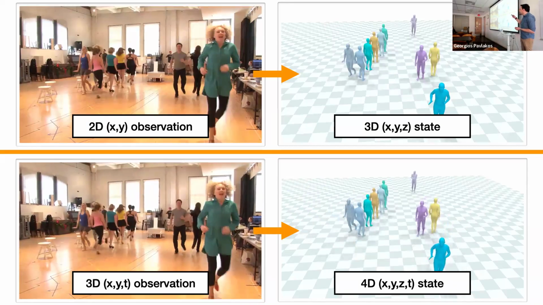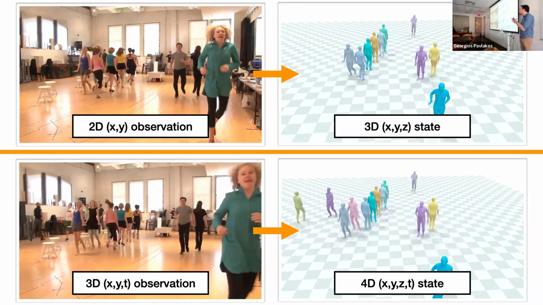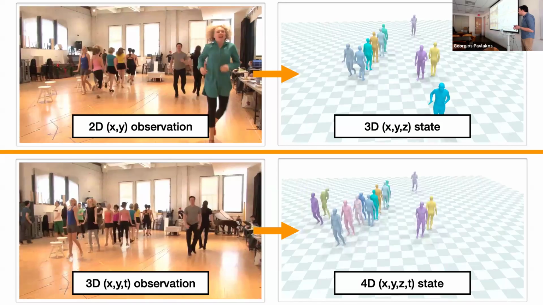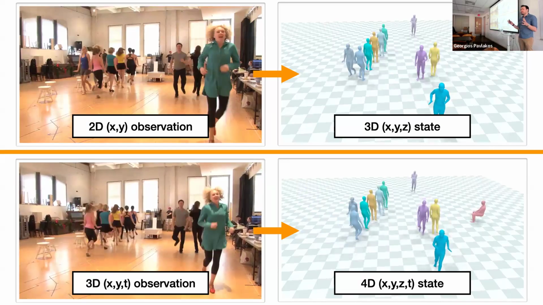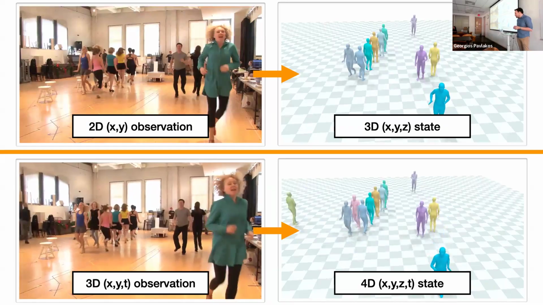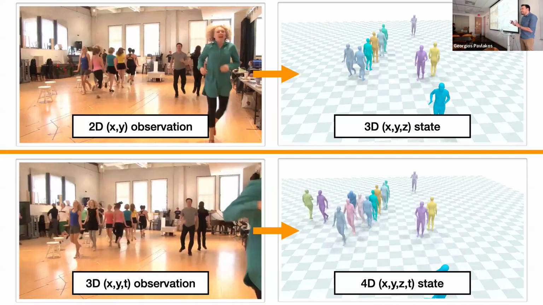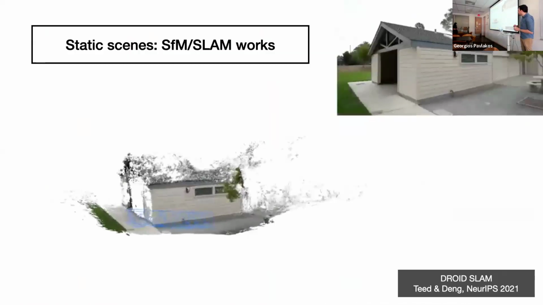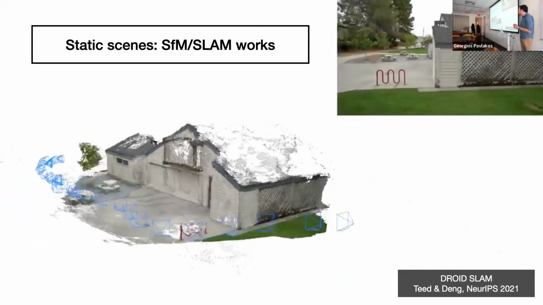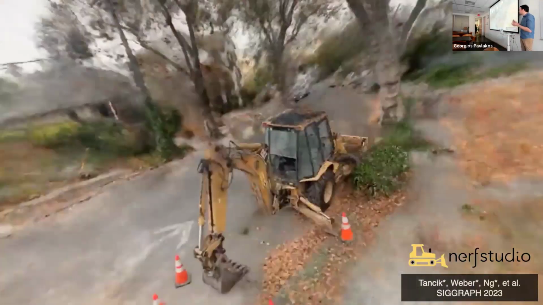These are quintessential examples of inverse problems, where we have a set of observations and we want to infer the causal factors that produce these observations. Inverse problems are ubiquitous in computer vision. Actually, this is the goal of 3D computer vision as a whole, as a field. And we do have very mature methods when it comes to static scenes. In computer vision, we have developed methods like structure from motion and SLAM that can work on these static scenes. If you are familiar with NeRF approaches, this is what they are doing.